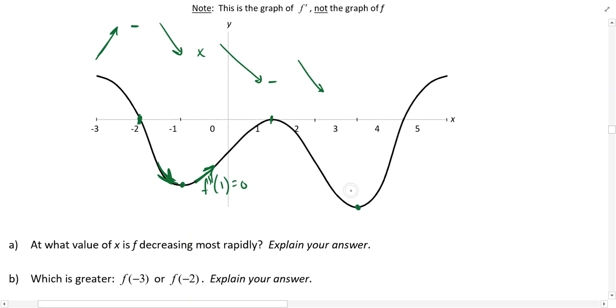Here again, we have the derivative of the derivative at 4. Sorry, I suppose that's an x value of 3. That's also equal to 0, and we're changing again from a negative derivative of the first derivative to a positive derivative of the first derivative, so our concavity changes again. But the graph is still decreasing after that because the y coordinates of this derivative are still below the x-axis. So we've got lots of decreasing values going on, and it's not until finally at this position here where we level off and then our first derivative becomes positive again